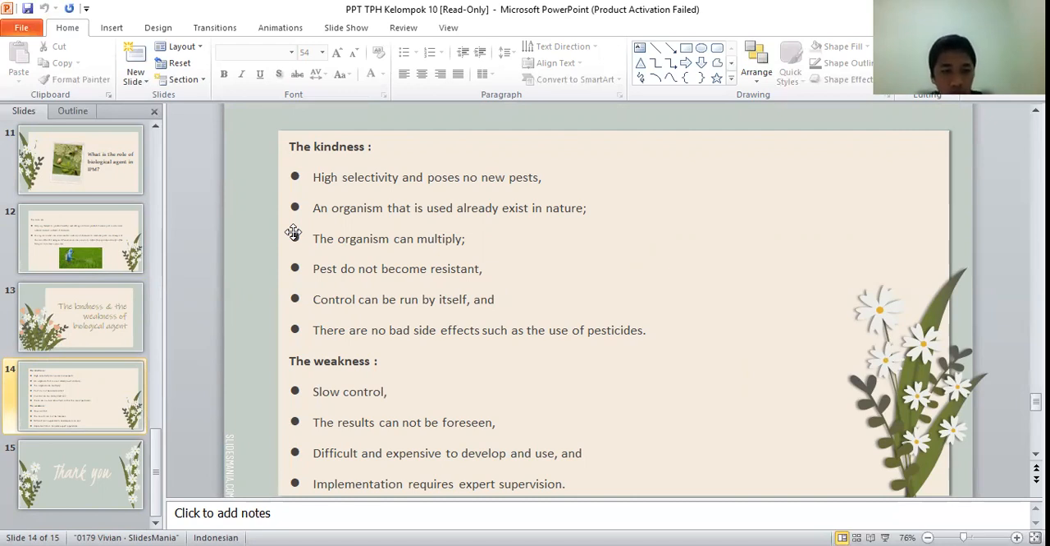The weaknesses, number 1, self-control. Number 2, the result cannot be frozen. Number 3, difficult and expensive to develop and use. And number 4, implementation requires